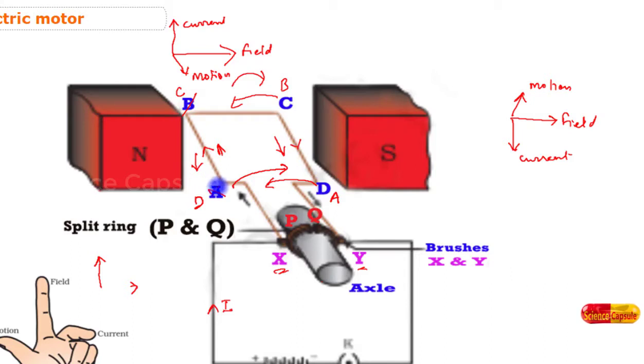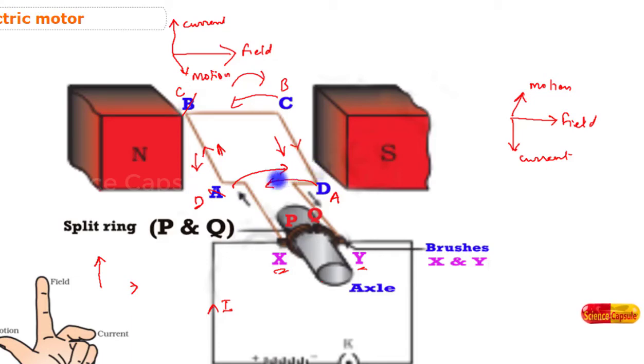Now you see the direction of electric current is from DC. Here by applying Fleming's left hand rule, the arm CD goes downward. In the earlier case, the arm BA was pushed downward, whereas CD was pushed upward. Now due to half rotation, the coil gets reversed, and we can see the flow of electric current is reversed. Due to the reversing of the coil, the flow of electric current has also got reversed. Now in place of BA it is CD, and in place of CD it is BA.